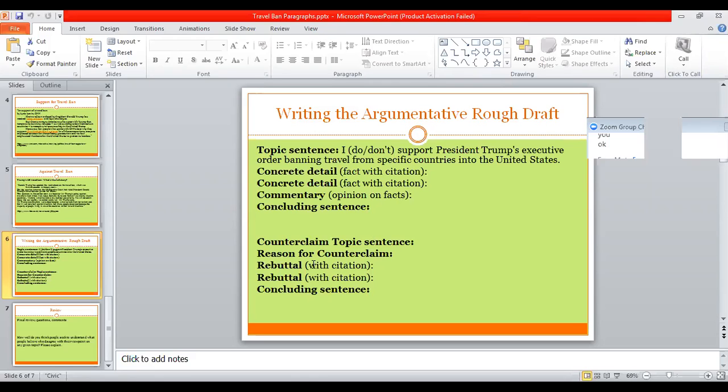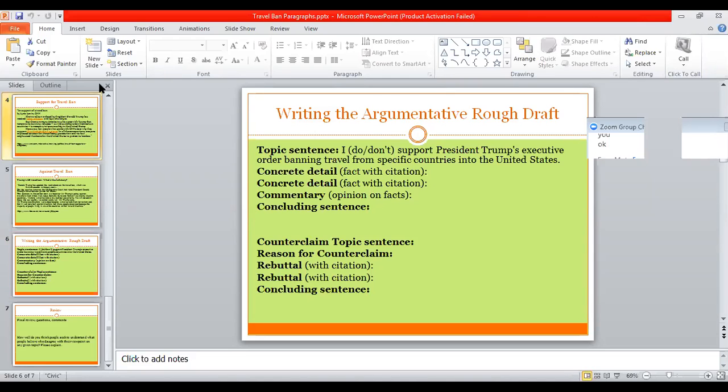But where I think people got confused is when it comes down to the rebuttal down here. What the rebuttal actually means is it's arguing against the counterclaim. So basically, whatever somebody said in this first paragraph, if they, like I said, were saying, I support his travel ban, the second paragraph with the rebuttals would actually be more support for that. So that might even sound a little bit confusing as I explain it aloud, but I think as we actually go ahead and look at what this would be like if it was written out, that'll make it a little bit easier.